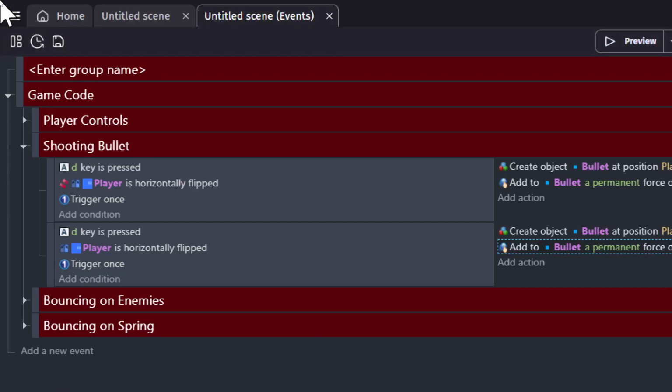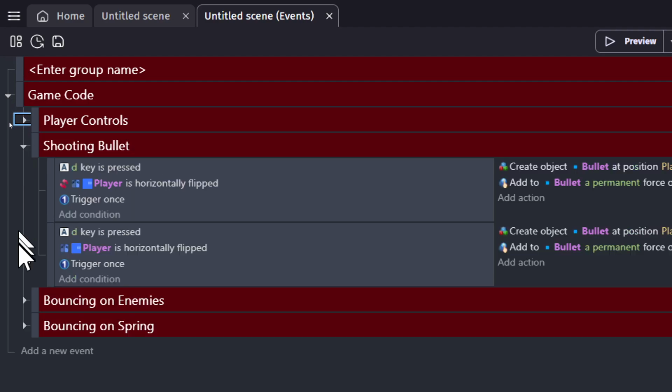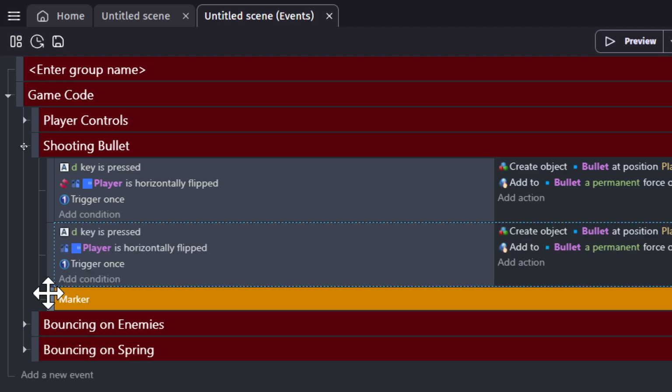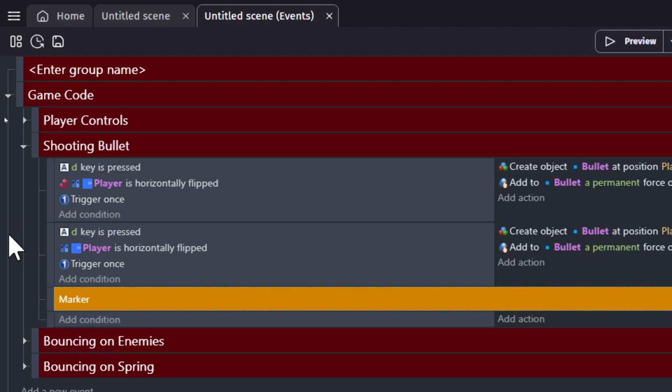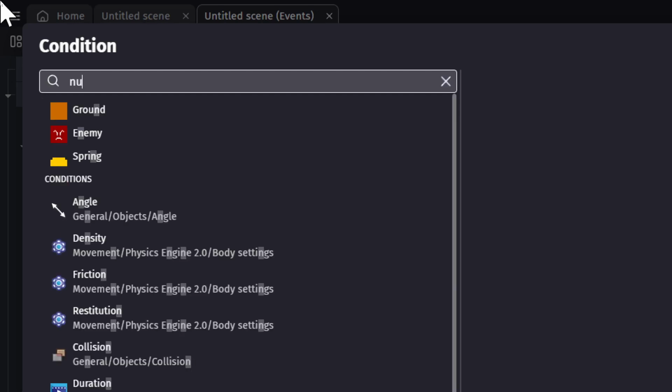Right, so now we need to hit enemies, and the enemies die. They go poop. So first thing, I'm going to go up here, and I'm going to copy one of these markers, and I'm going to paste it. I'm going to put it there, just so I can make a difference. Now I'm going to select the marker, and I'm going to do Shift A, and I'm going to add to this event the condition if bullet